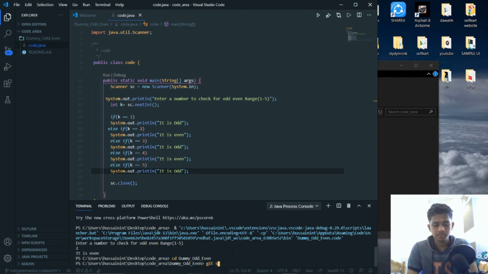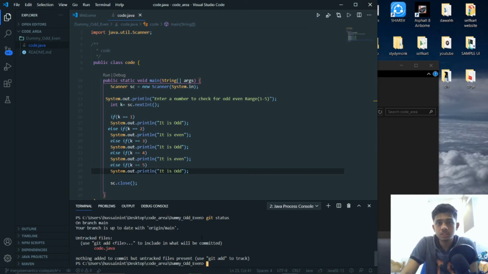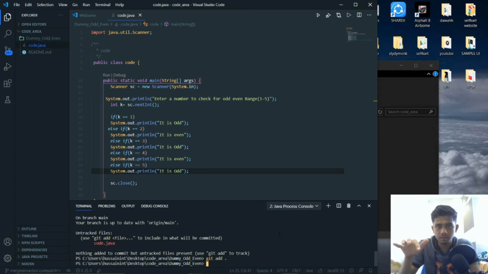Here first we'll type git status to check if it is active or not. So git status shows us what files we have added, what files we have modified, and what files we have deleted also. Now we can see that this has been added, code.java file. So we'll type git add dot. It will add all the modifications in our local repository. There's one .github file in our local folder, right? So it will add there.